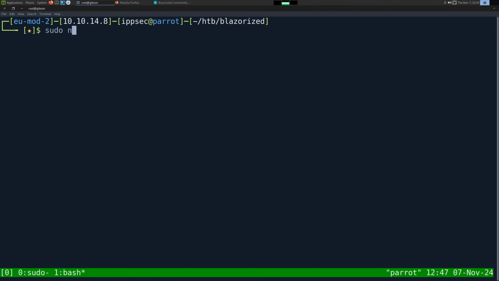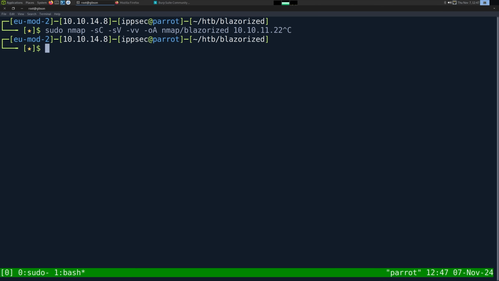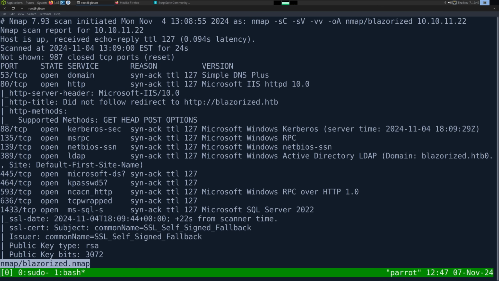As always, we're going to start off with an nmap, so -sC for default scripts, -sV to enumerate versions, -vv for double verbose. This gives us things like the TTL, -oA to output all formats in the nmap directory and call it Blazorized. Then the IP address of 10.10.11.22. This can take some time to run, so I've already ran it. Looking at the results, we have 13 ports open, the first one being DNS on port 53, and the banner